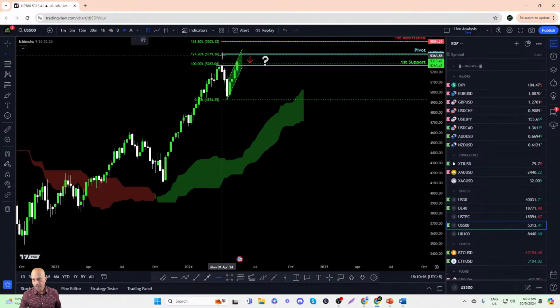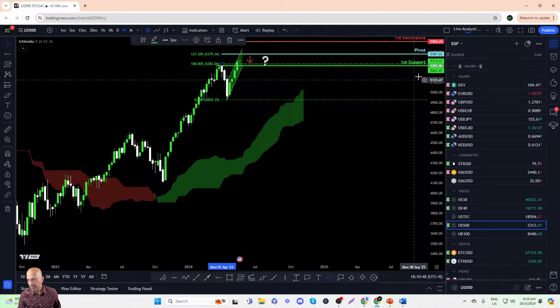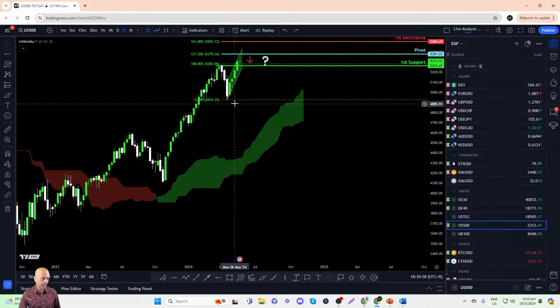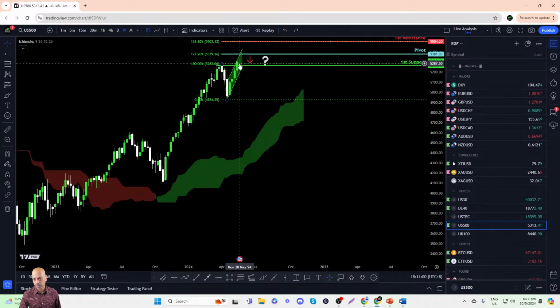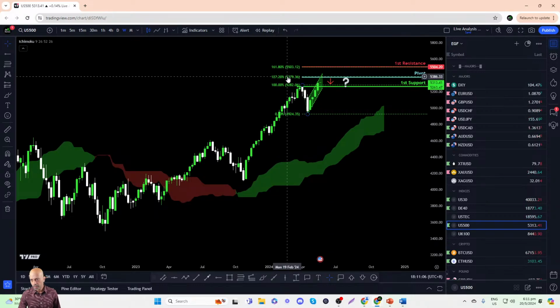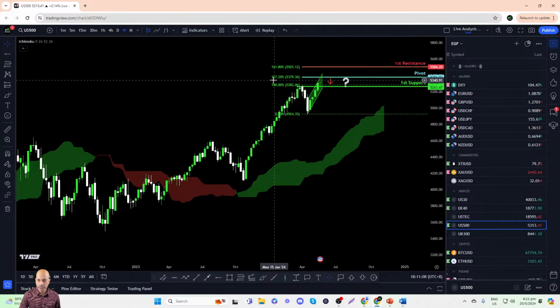Right, so previously for the US 500, this level at 5,313 was the previous all-time high, which was taken out last week. Right, and price and equity markets, US indices do look to be pushing higher as well. Now, so where it could potentially run into resistance is at this Fibonacci extension at 127%. Remember,